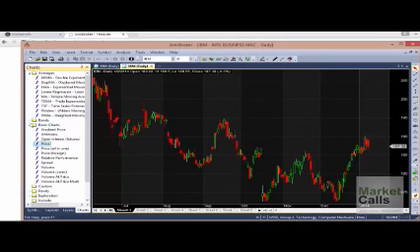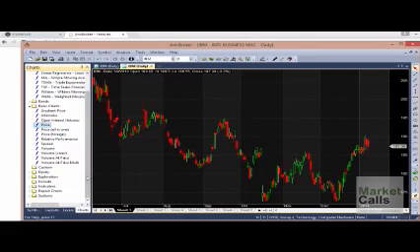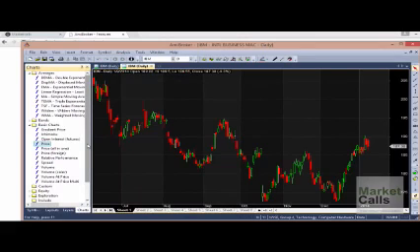These are the default indicators which you can use in AmiBroker. Apart from that, if you want to have your own indicator, you have to be familiar with a programming language called AFL. AFL is nothing but the AmiBroker Formula Language to create and build your own